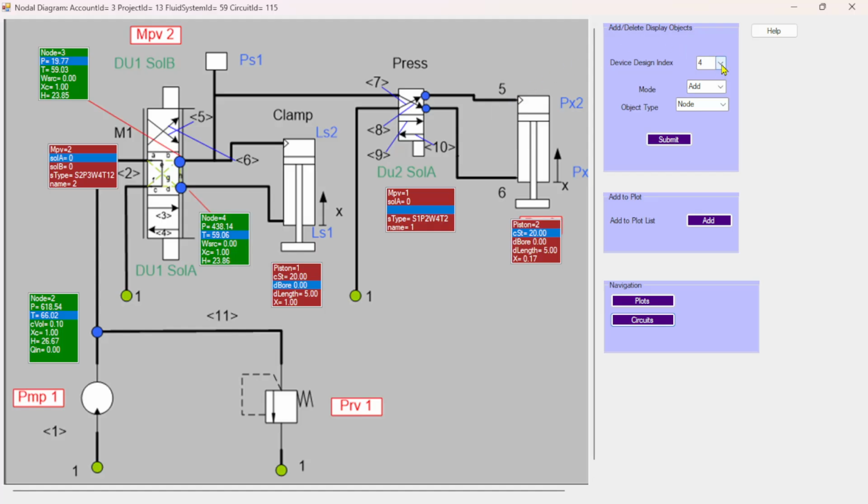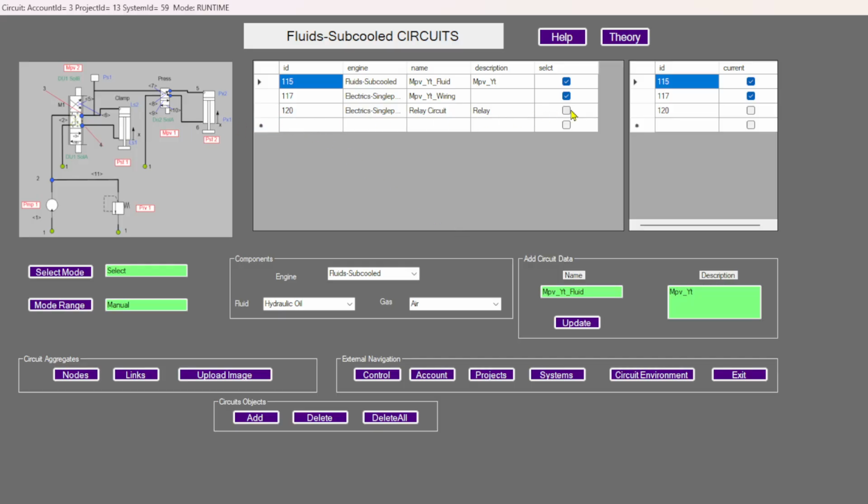If we look at, say, node 5, it's 14.7, and node 6, 19.7. So yeah, there has to be a pressure differential of around 20 psi for it to actually move. So it's stuck in this position at 0.17, and as I say, all the pressure is recirculated back into the tank. Now if we go back to the electrical circuit again,